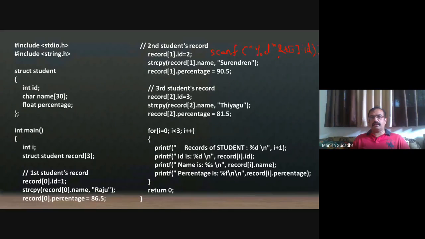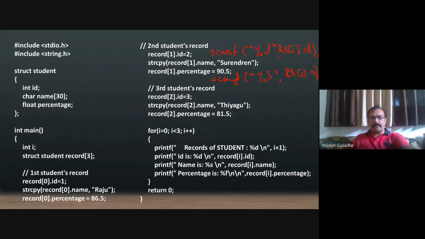This way we can enter the scanf element, or here for that matter scanf %f, and record one dot name. Okay, so this way we can scan the elements.